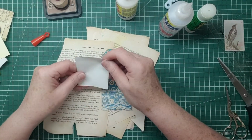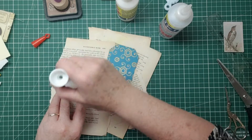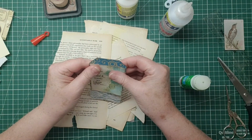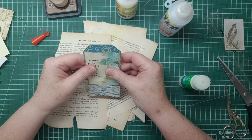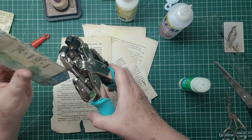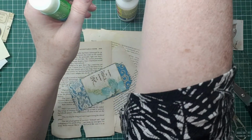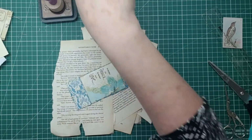And then this one, I'm thinking, do I want to back that on card? I think we'll just put it down. I say as I put it down anyway. And so I like that better. I'm just going to pop the lids on the glues. That back. Okay, so